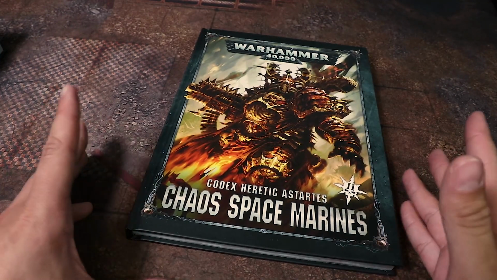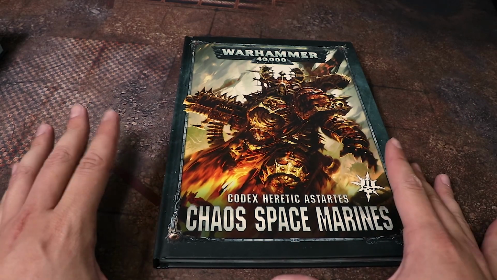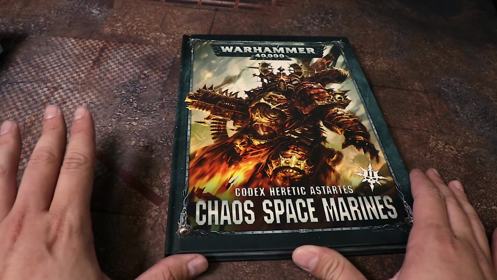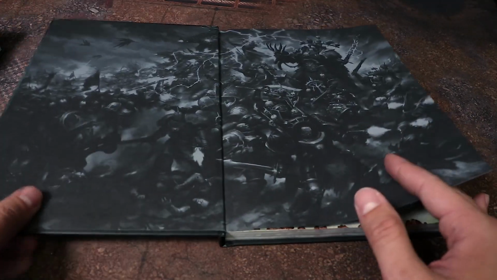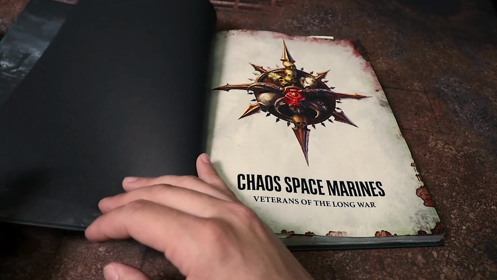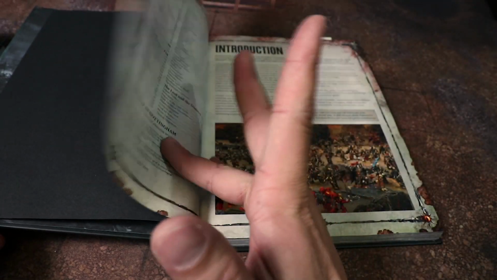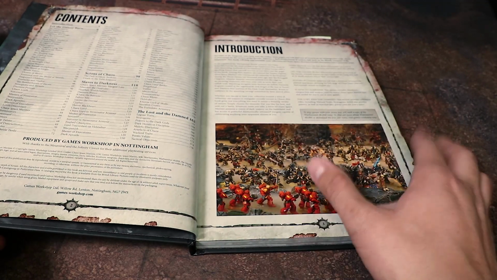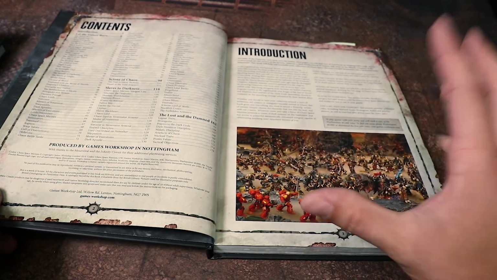Yeah, so I'm a big fan of Chaos overall. I'm excited that we get new stuff. That's pretty cool. But this is not a new codex by any means, and I'm kind of sad about that, because I was expecting to get maybe some point cost reductions, maybe some new units, some better ways to make some units viable, like making a completely Chaos Space Marine